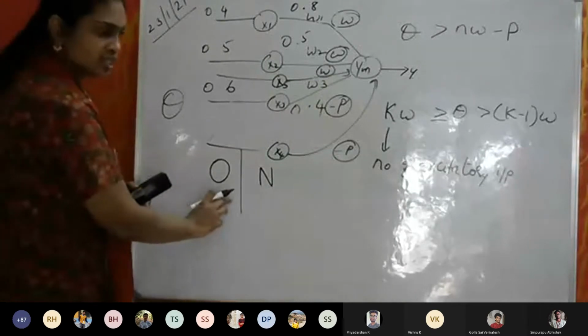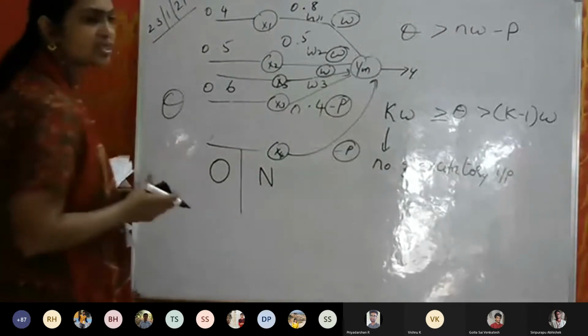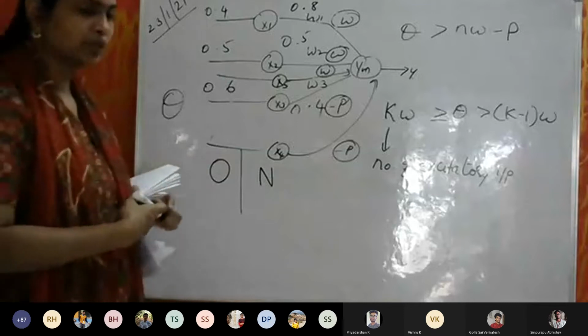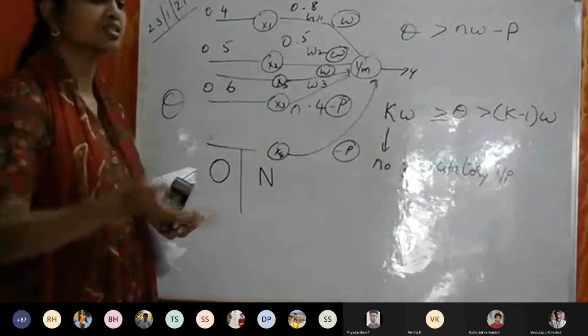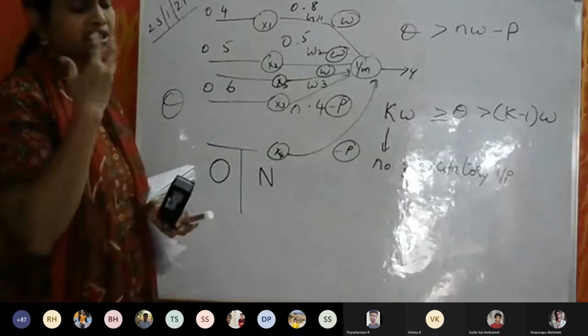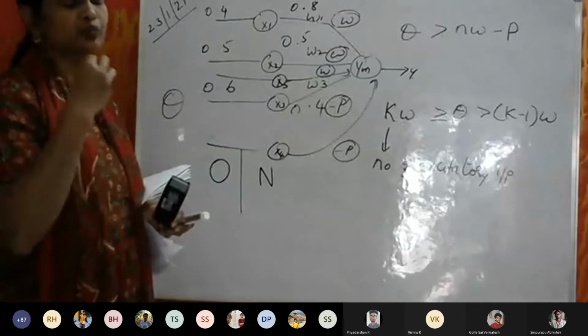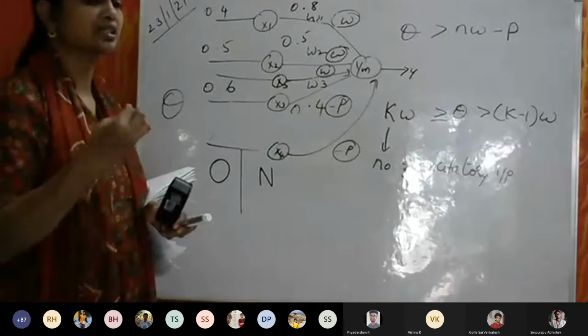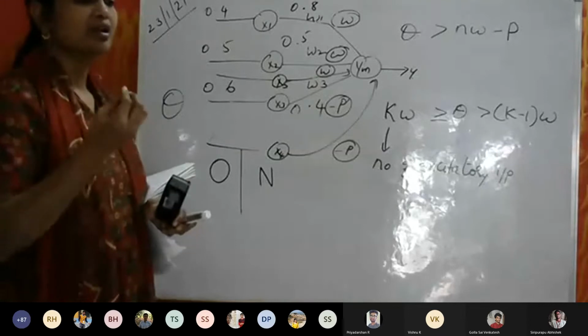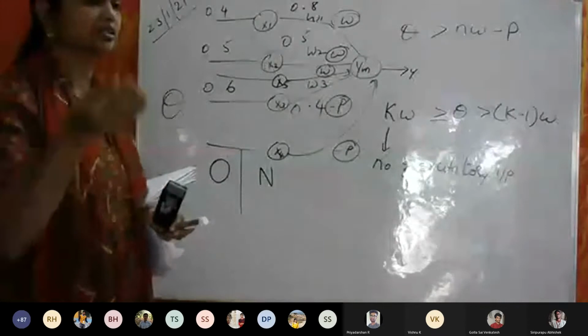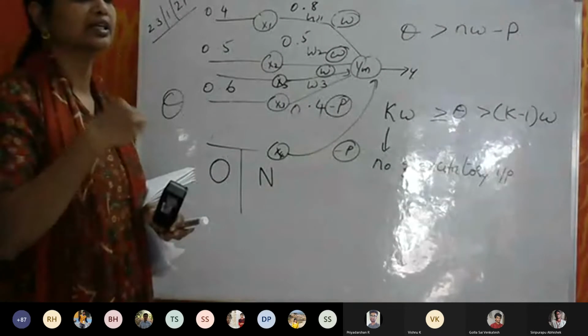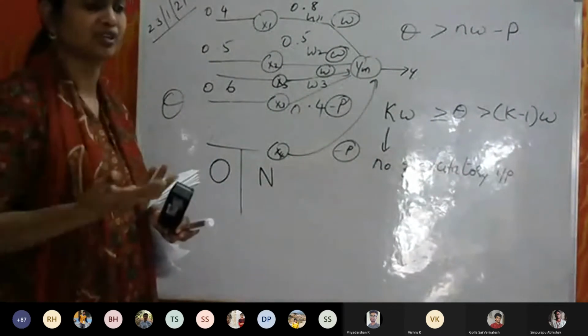To say that this is O and to say that this is N. So how will it learn to say that this is O and that this is N? Even for a child to understand the colors or the shapes, we need to first teach. This is red color, this is square, this is rectangle, this is green color, like that. We need to teach first.